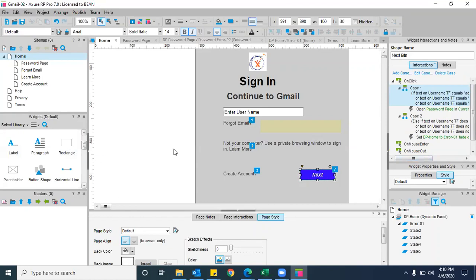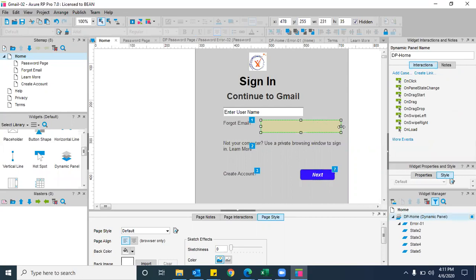Now the first step begins with what? That dynamic panel. Take a dynamic panel from widgets and fix the size. See, the size is nothing but what size you want the dynamic panel, you need to fix it, right? Fix the dynamic panel size